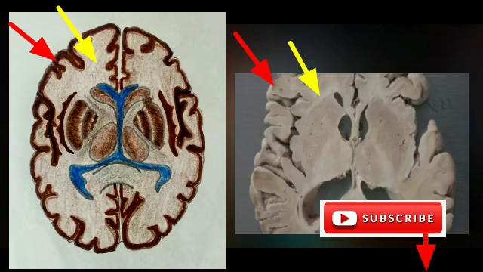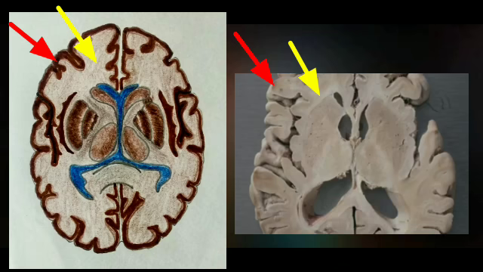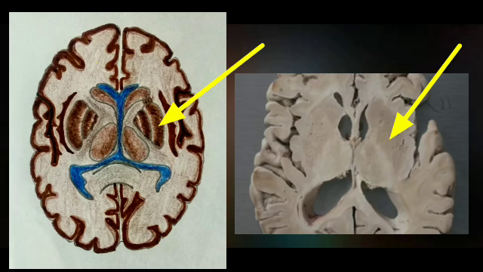These two pictures are showing you the horizontal section or transverse section of the cerebral hemispheres, and here you can see in the peripheral aspect or the outer aspect of each cerebral cortex the presence of gray matter, the red marked part, and within the gray matter you can see collections of white matter. The yellow marked parts are the white matter regions. So the basal nuclei or the basal ganglia are the collection of gray matter which are away from the cortical gray matter, that is, in a deeper plane.